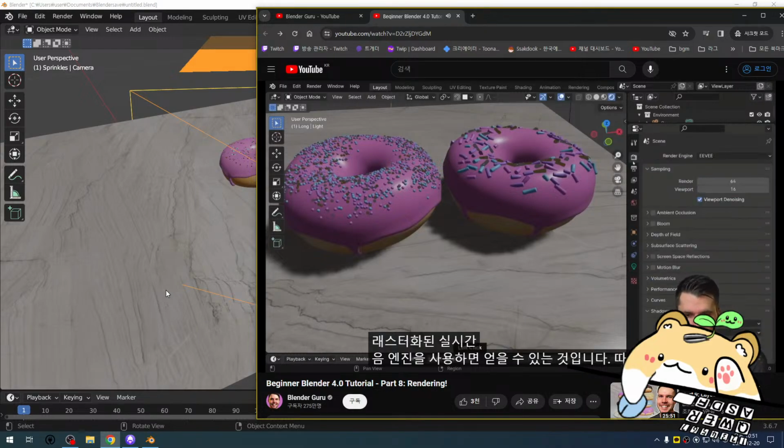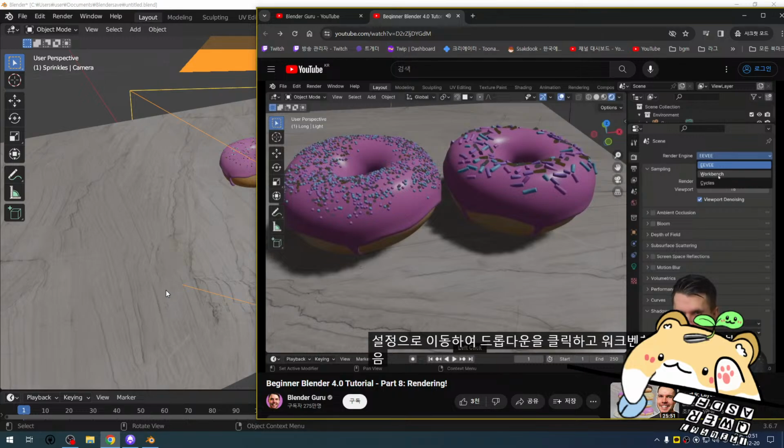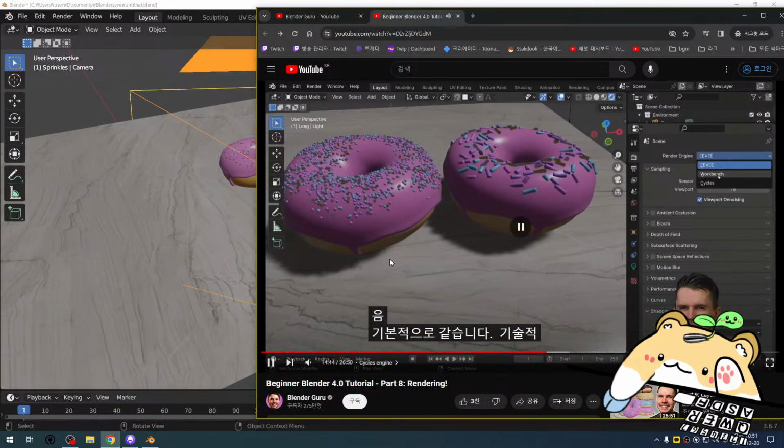So there is another render engine. So go to your render engine settings and click the drop down. Ignore Workbench. That's for basically rendering your